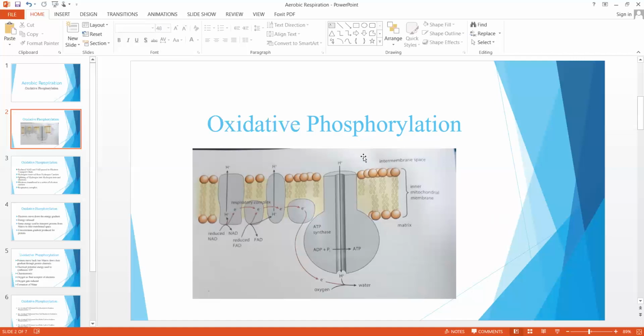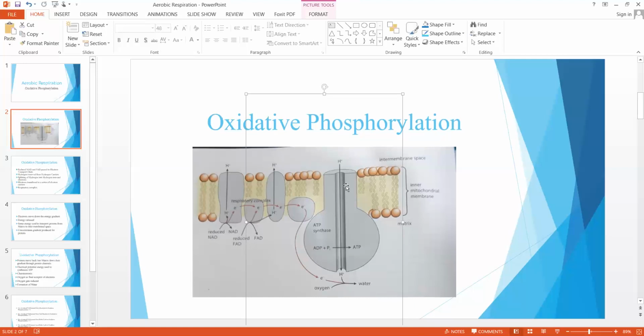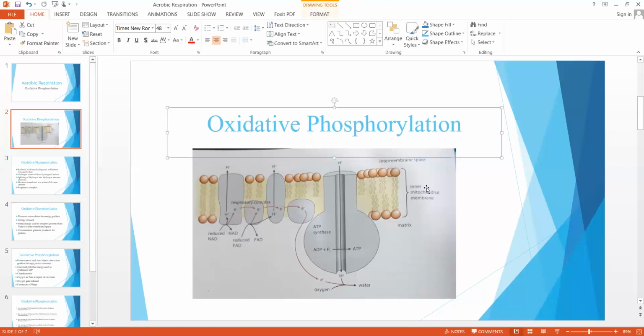Once there is a high concentration of protons in the intermembranal space, the protons move down their concentration gradient back into the matrix of mitochondria, and this is an example of facilitated diffusion, no usage of energy over here. And this facilitated diffusion takes place through this protein channel, associated with which is ATP synthase. So when protons are moving down their concentration gradient, their electrical potential energy is used to synthesize ATP from ADP and inorganic phosphate. So that's all.